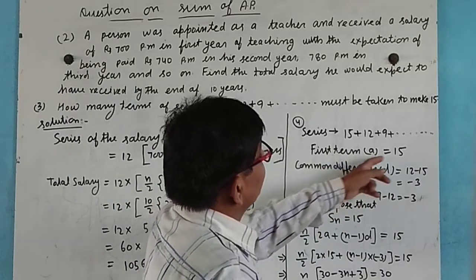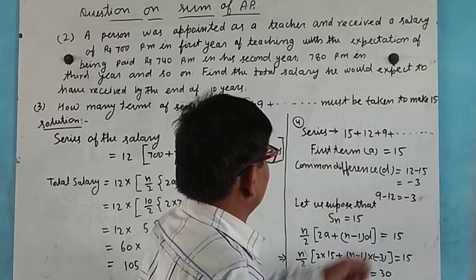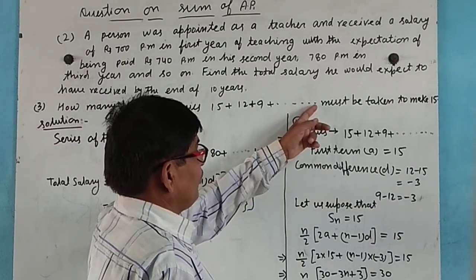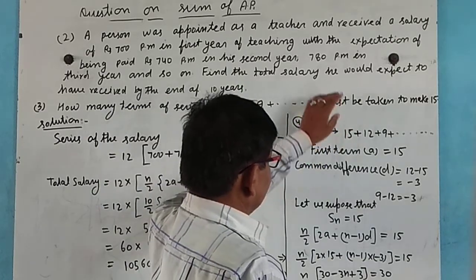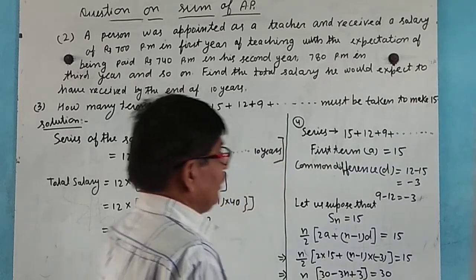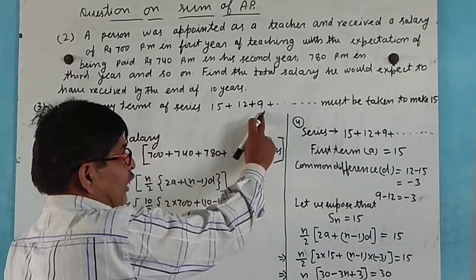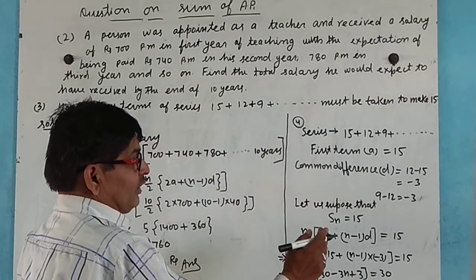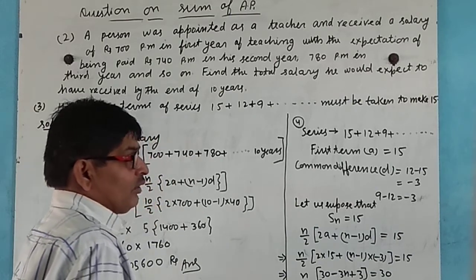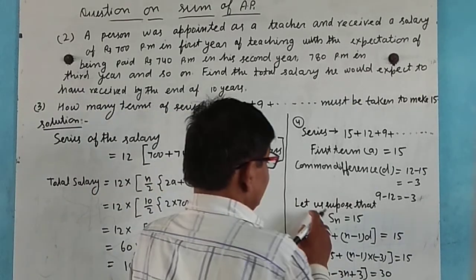Let us suppose the sum of n terms is equal to 15, because due to the negative common difference, after 0 the numbers come in negative form, so let us suppose that